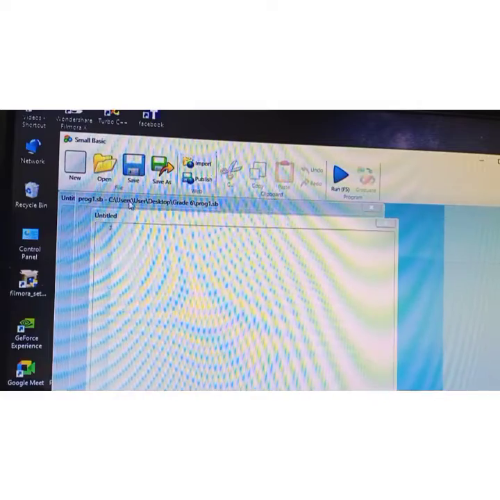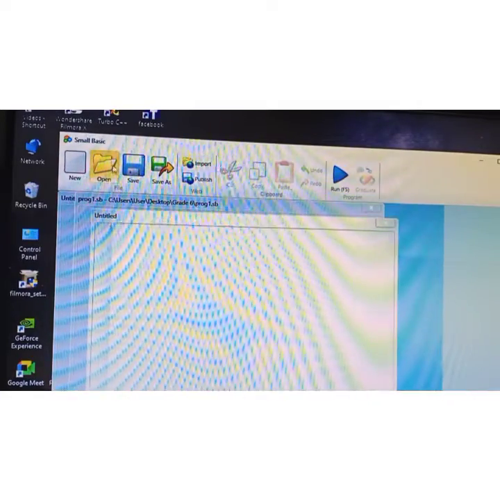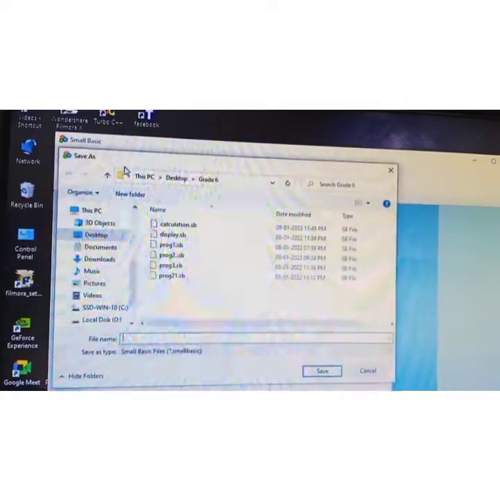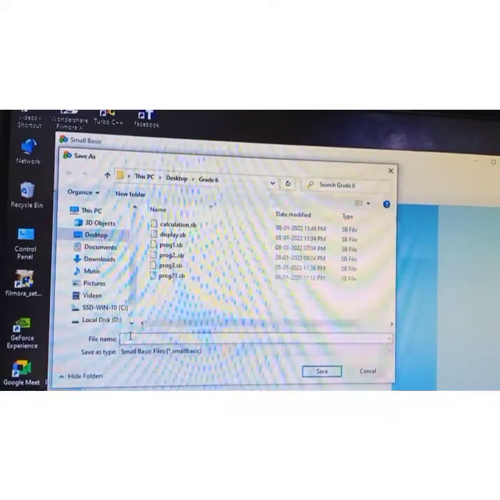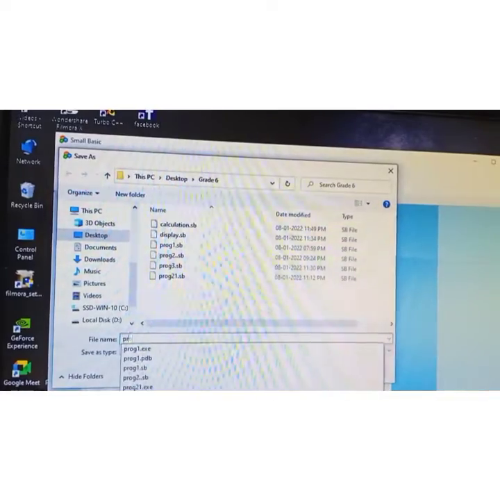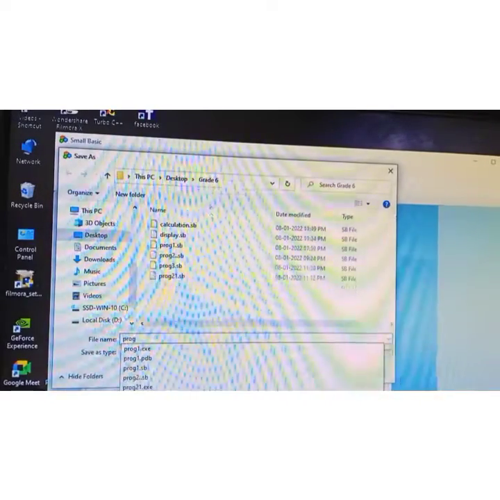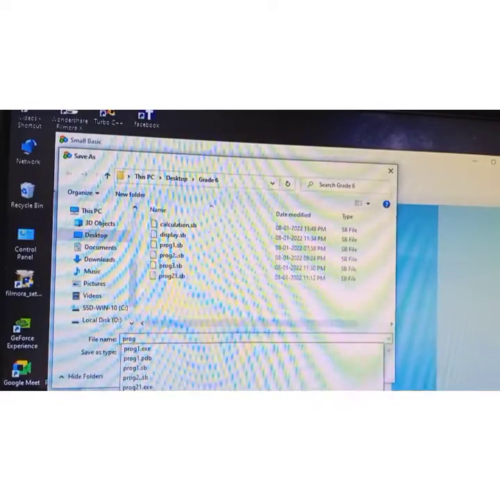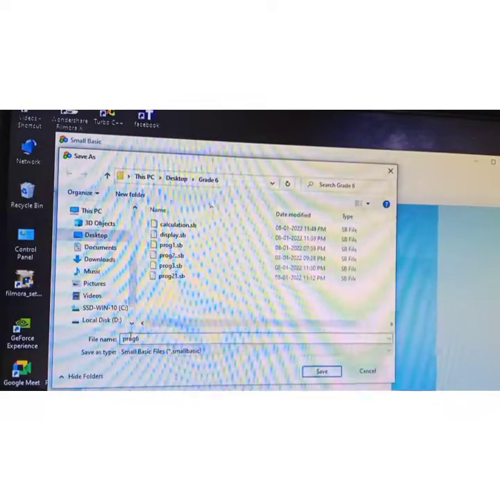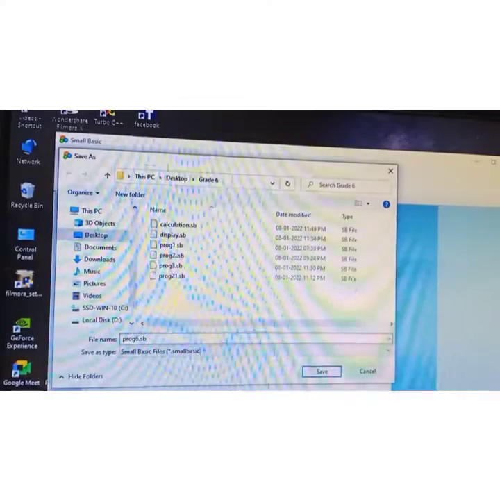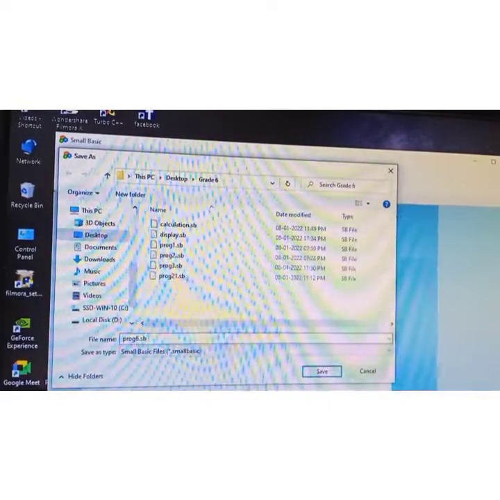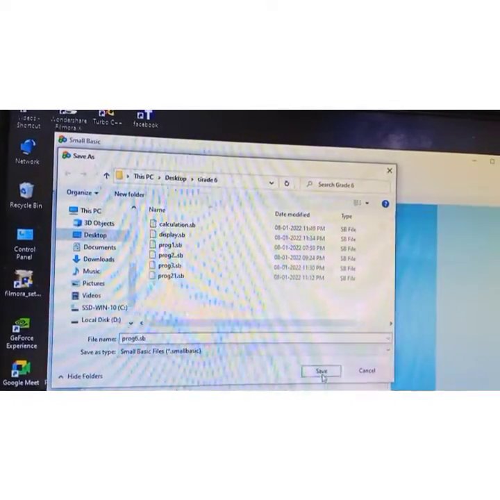Now I am showing you how to save this. Look here, I am giving the name prog6.sb. prog6 is the file name, .sb is the file extension, that is Small Basic. Look, prog6.sb came, right?